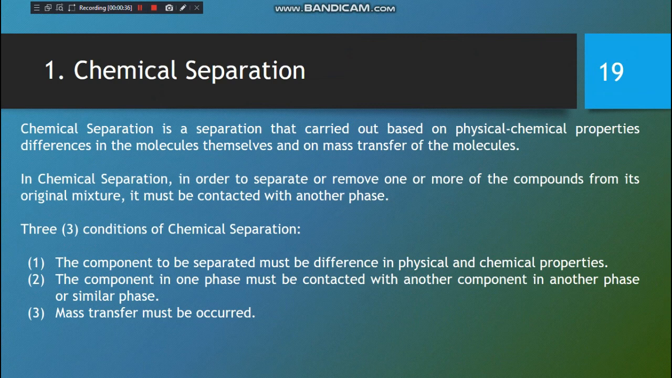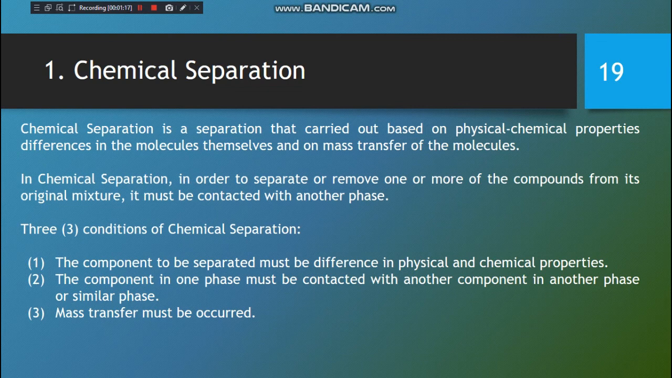Now let us look at the first method of separation, which is chemical separation. The description of chemical separation from the reference material is that chemical separation is carried out based on physical and chemical property differences in the molecules themselves, and on mass transfer of the molecules. The mixtures are separated into two phases because of the molecular differences in chemical separation. In order to separate or remove one or more compounds from its original mixture, it must be contacted with another